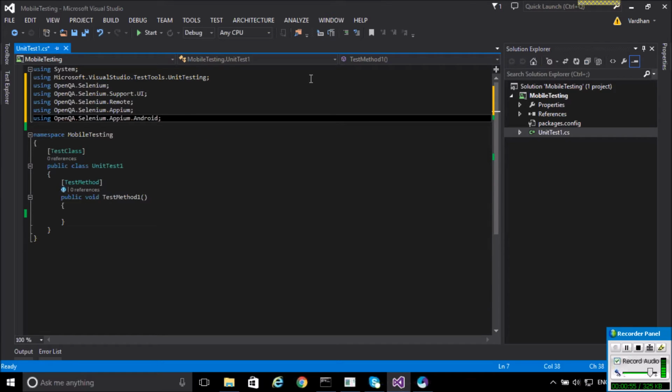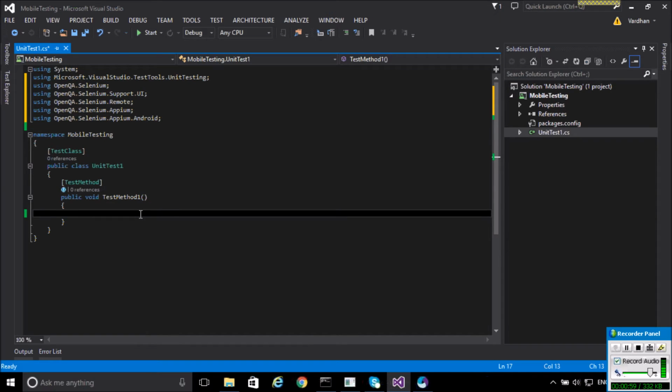I think these five namespaces are enough for today's scripting, and my first step is I need to create